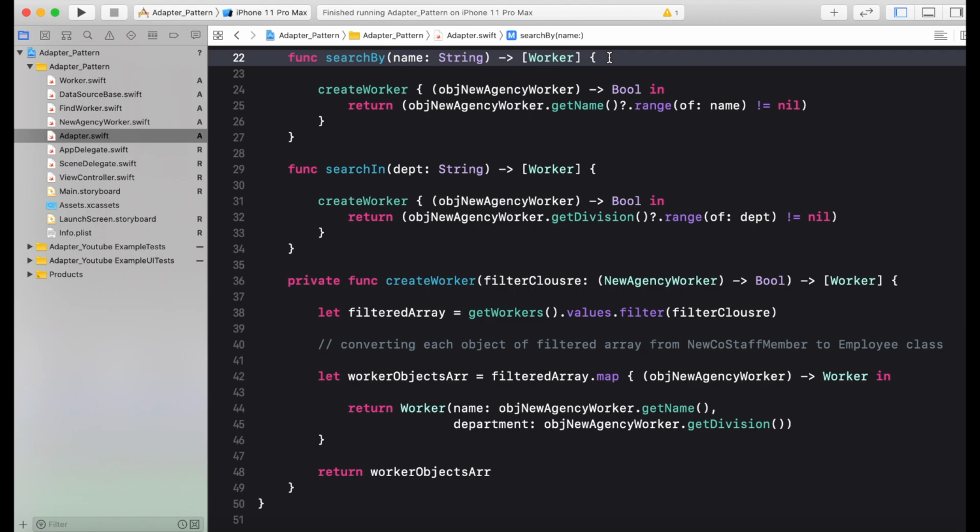Almost the same kind of concept we have to use while implementing the two remaining methods of the WorkerDataSource protocol, searchByName and searchByDepartment.